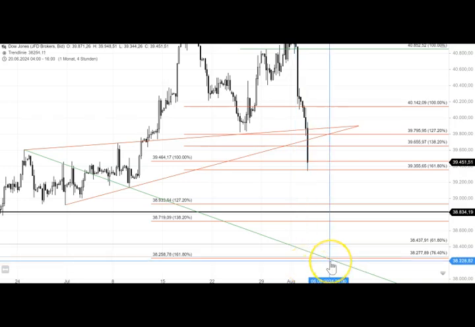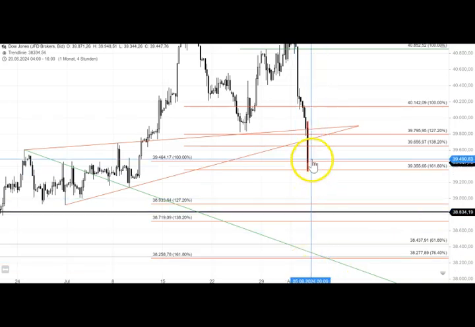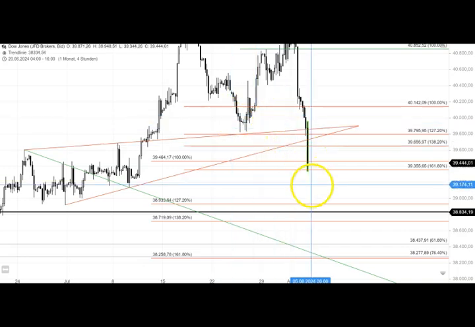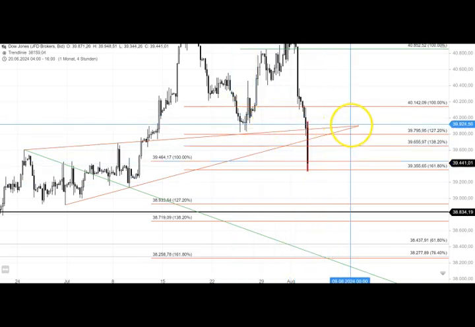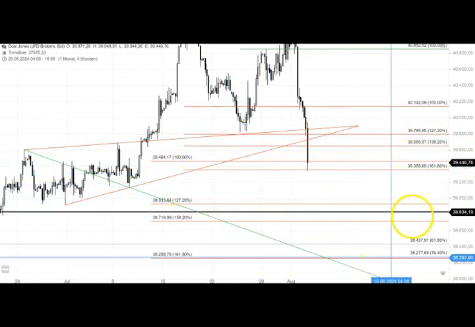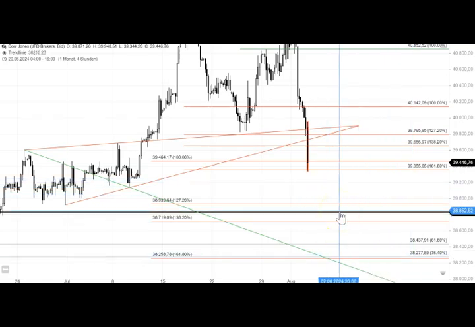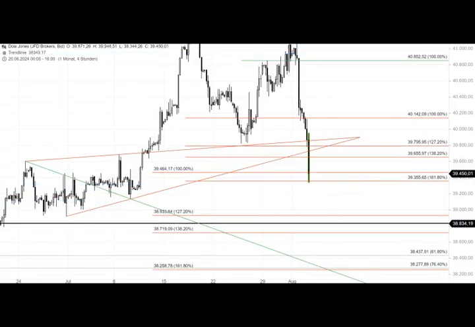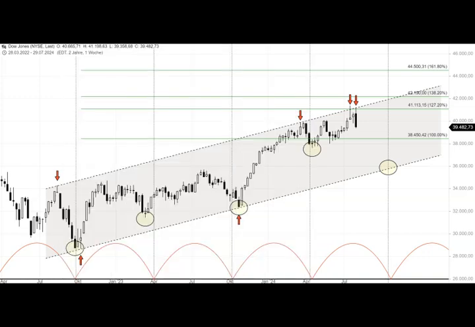38.258. That might be the case today, but as I said before, even if we break through here, there's usually a pullback in which we can enter to go for that bearish Wilbur wave or for that red sequence to short the Dow Jones. Yeah, it's still the Dow Jones weekly time frame.